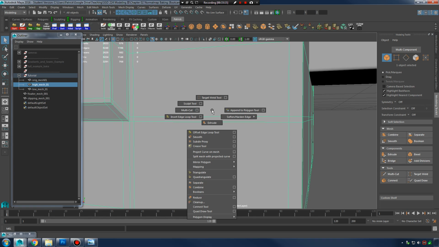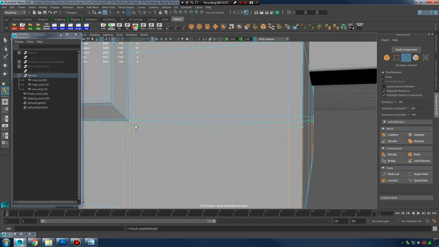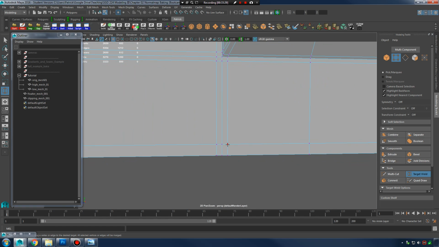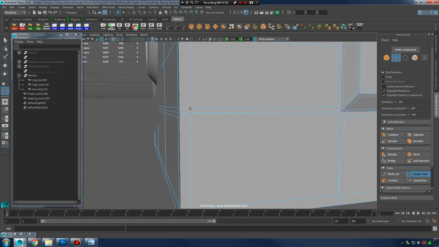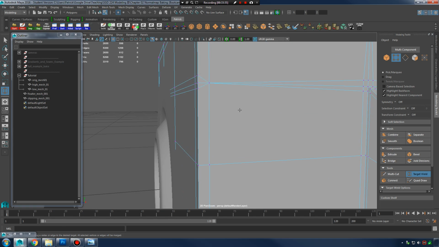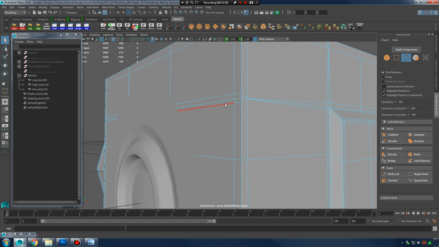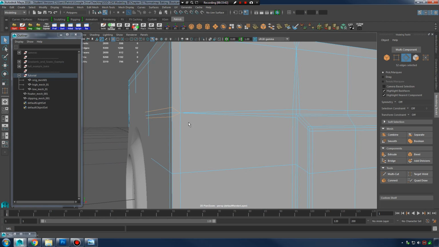It looks like I need to put one more edge loop right there. Nope, let me undo that one. Go back into target weld. And I don't know, I just call it tying off because it looks like you're just taking these edge loops and tying them together. So, not quite finished yet. There we go. So they're tied off. Now that allows us to double click the edge loop on the other side of my tie,